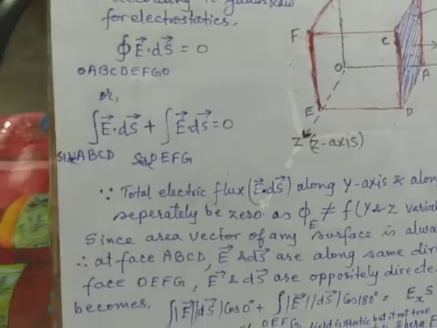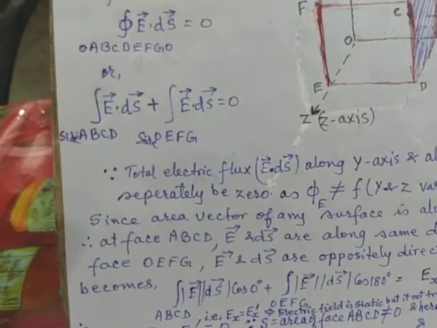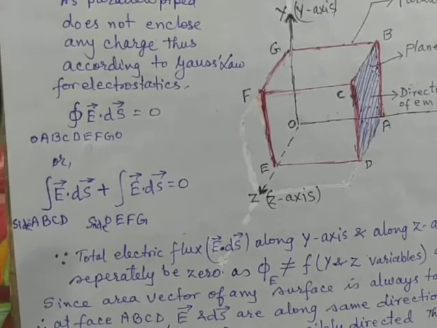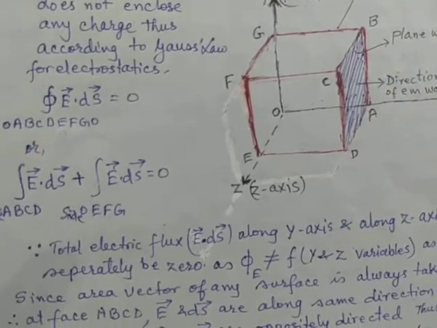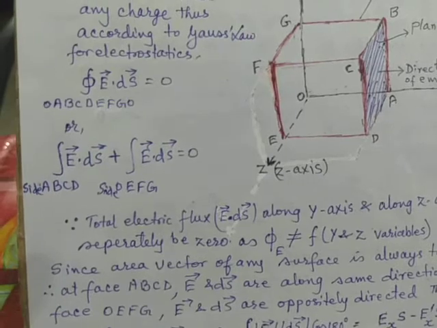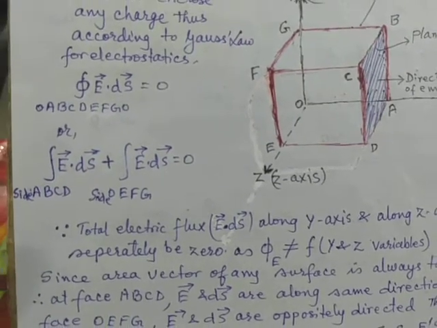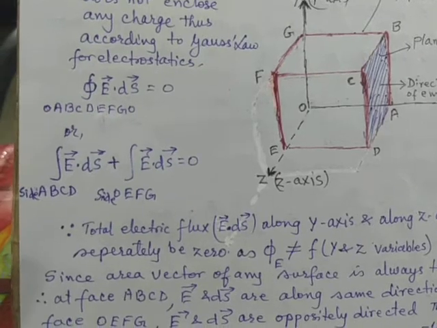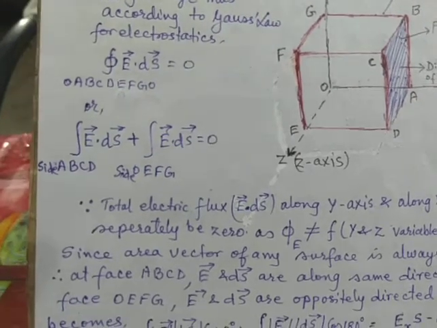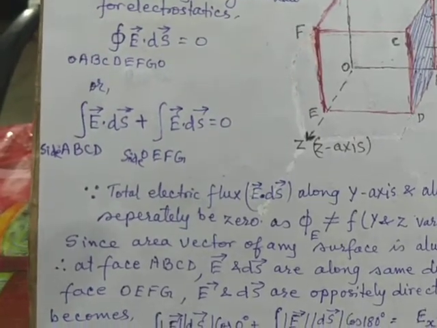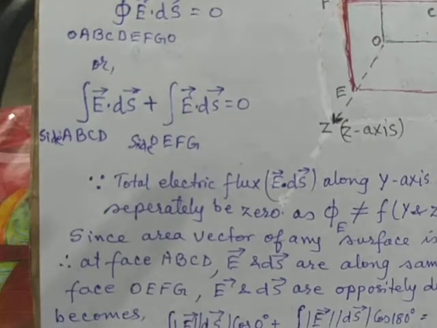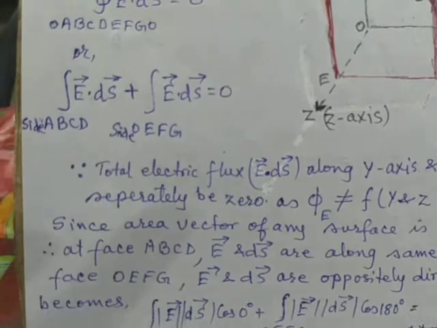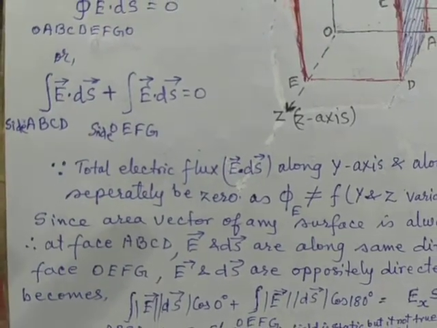And you see, there are 6 faces of the parallelepiped, and out of those 6 faces only 2 faces added together become 0. That is, the E dot ds value calculated for the face ABCD and for the face DEFG added together becomes 0, but